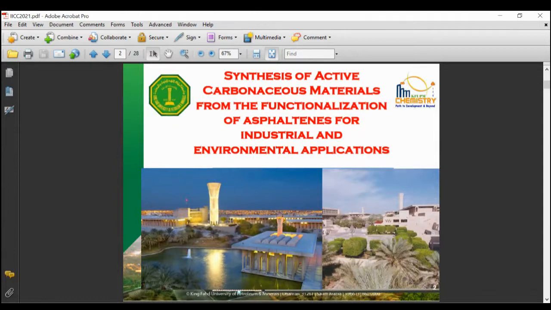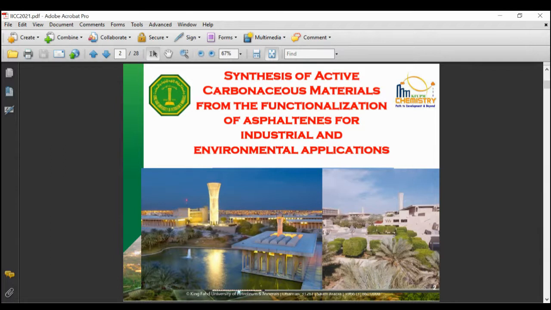In fact, everybody knows what fuel is, what petrol is, but we are talking about crude oil. Crude oil is a very delicate mixture of two types of organic hydrocarbons: a ratio of lower molecular weight hydrocarbons to higher molecular weight hydrocarbons, and a ratio of polar hydrocarbons to non-polar hydrocarbons. And this ratio makes the crude oil very stable. Disturbing this ratio leads to the precipitation and instability of the crude oil.